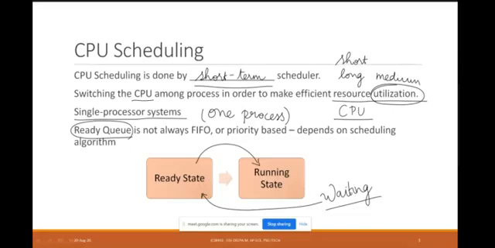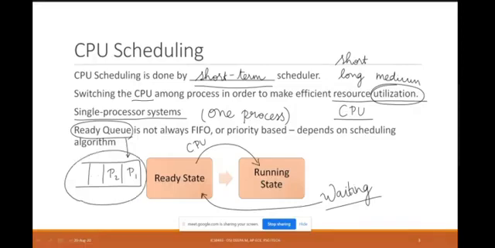So the CPU scheduler is going to choose among the processes which are present in this ready state. This is called the ready queue. I have several processes which are lined up, say P1, P2, etc. And which process I will choose for execution is decided by my CPU scheduler. So the job of this CPU scheduler is to find one of the processes among your ready queue which can be executed on your CPU.